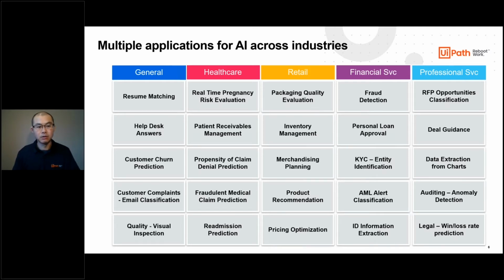So think about something like medical claims or pricing optimizations, or know your customer processes within banking around things like identification, and trying to read a document like an ID card, a driver's license or something like that, and match it against something that is pulled out of a utility bill to prove your location of residency. This becomes integral as part of a traditional KYC process, and that's something that you can start to do using AI.